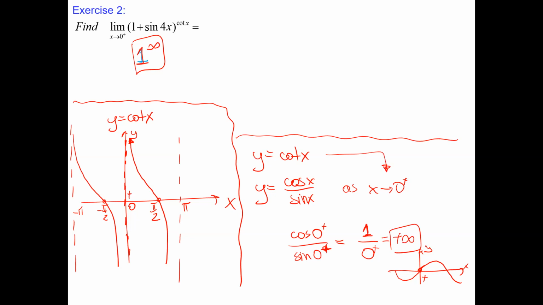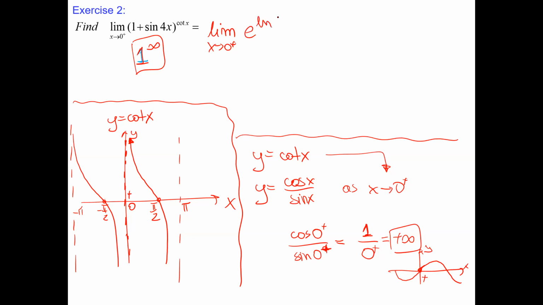Okay, we just determined that this is an indeterminate form. Let's see what we will get. The answer could be anything. Could be infinity, could be 1, could be even some finite number. We will find out. What we will do, limit as x goes to 0 from the right-hand side, exponential form,